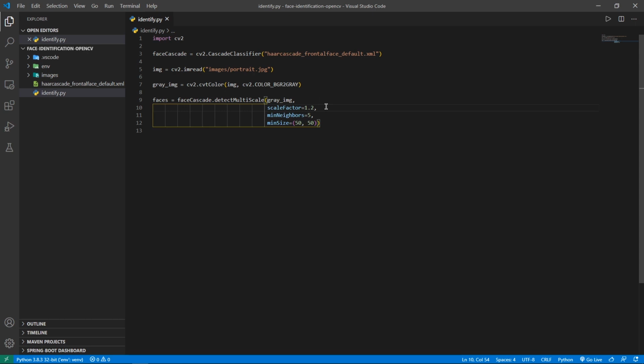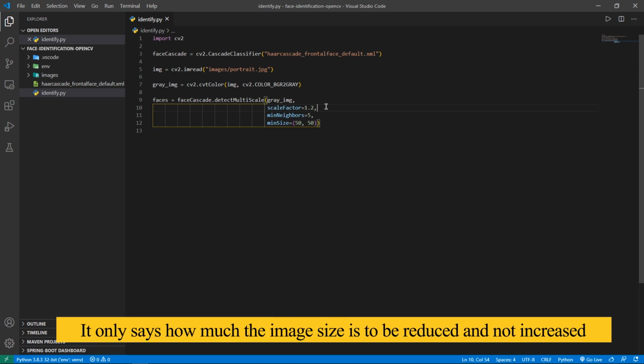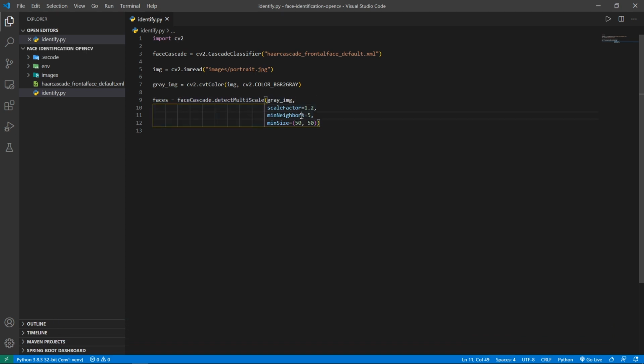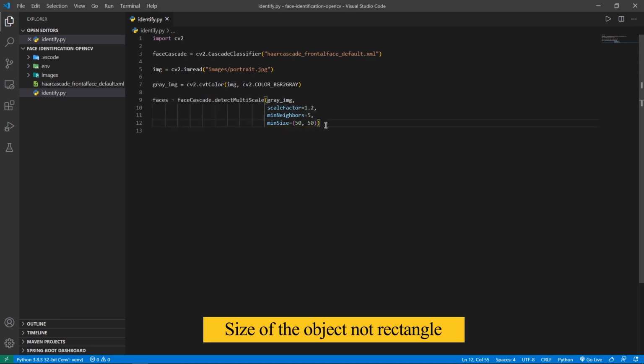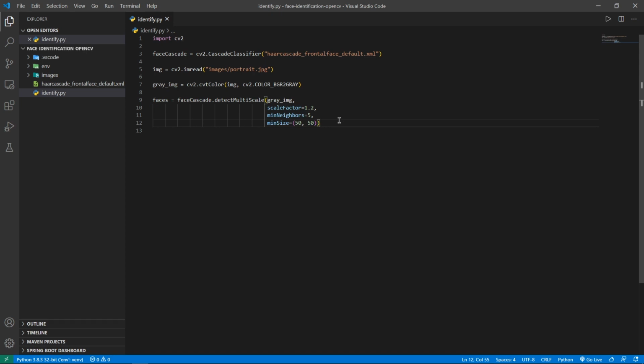This scale factor deals with how much the image has to be scaled down or scaled up so that the face can be identified easily inside the whole image. Whereas the third parameter, minimum neighbors, says how many neighbors a particular face should have for it to be considered valid. The fourth parameter mentions the size of the rectangle which has to be used to bound the face. So if you want an accurate prediction of the face, you have to change the scale factor and minimum neighbors accordingly so that they work for you inside your current environment.